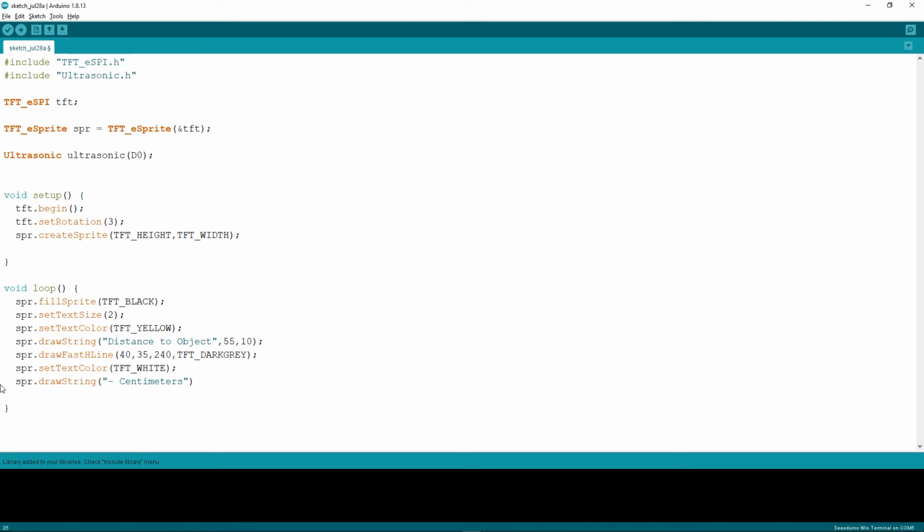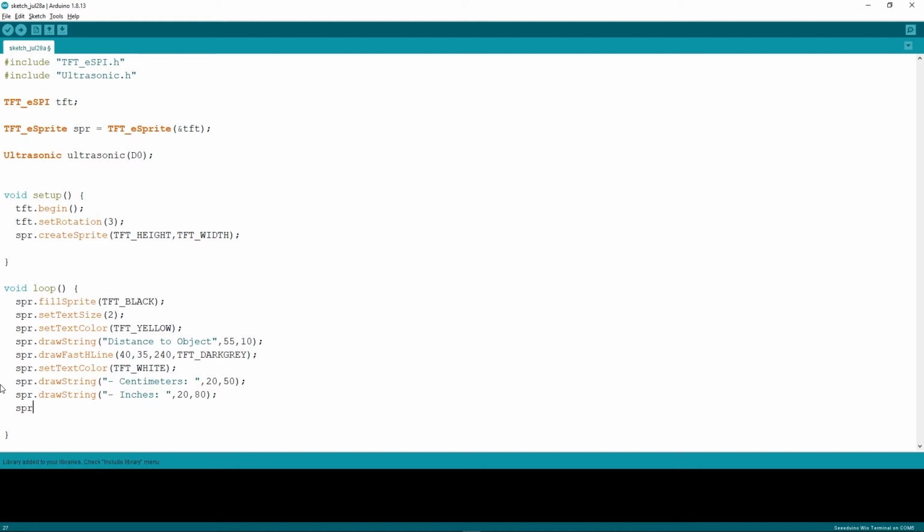This is where we are going to show the distance to the object in centimeters, and I would like it to be at x 20 and y 50 location. After that I will draw another string, drawString, to show the distance in inches, so "inches", and the location will be 20, 80.